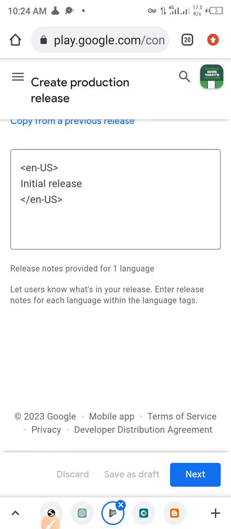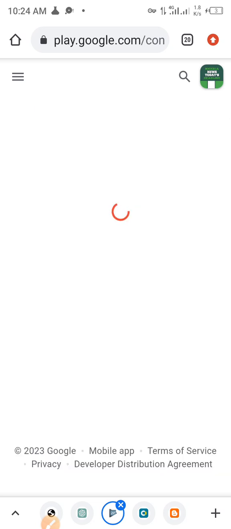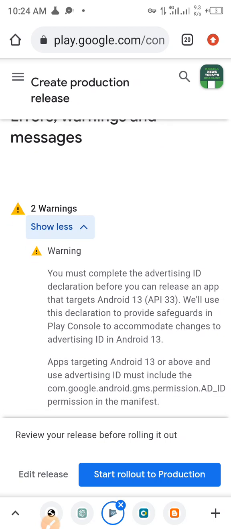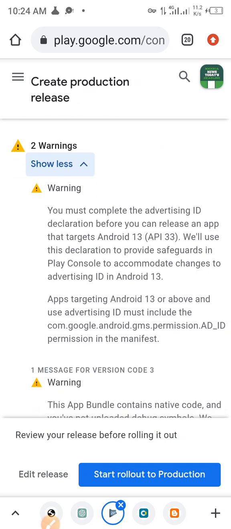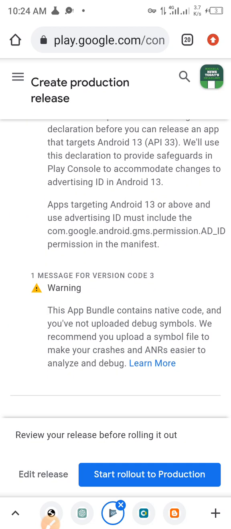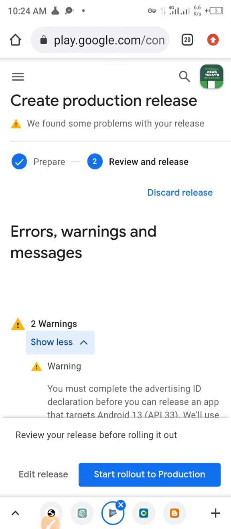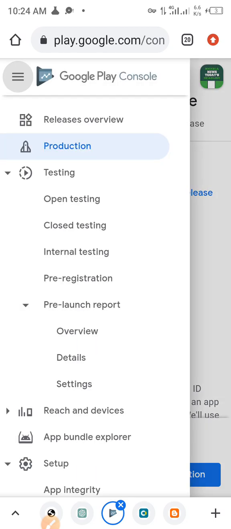Then we're now going to click next. So you can see the only error that we have now is the app targeting Android 13 or above. So this is just a normal error that we're supposed to see. And another one is we must complete the advertising ID declaration before you can release the app. Okay, so for you to do that, you just need to go straight to